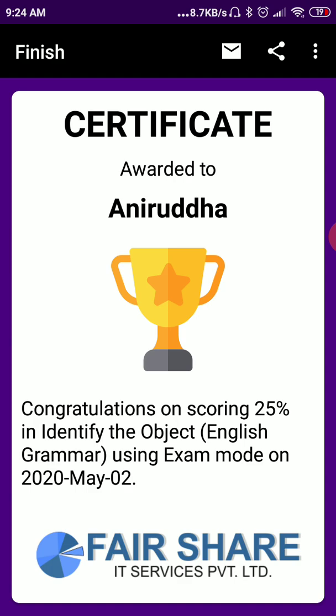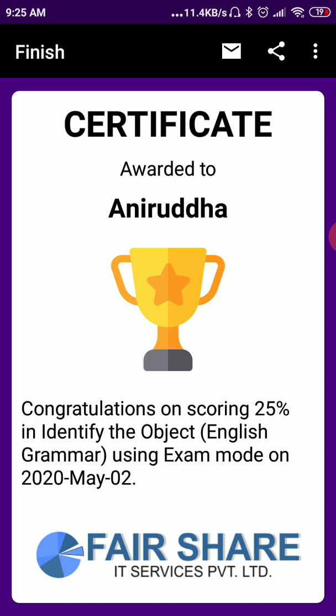So these question sets are of a similar level because these are designed by teachers who have many years of experience in every topic. So we have chosen such teachers, and then we have come up with such questions. So there is a very high probability that the questions which are shown here will appear in the real exam. So you better take them seriously, and try to solve them in the exam mode and try to get 100% marks in every topic for which you are going to appear for a real exam.